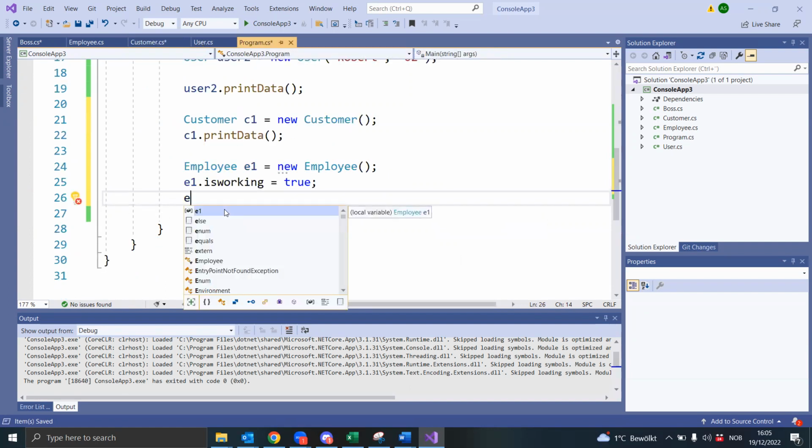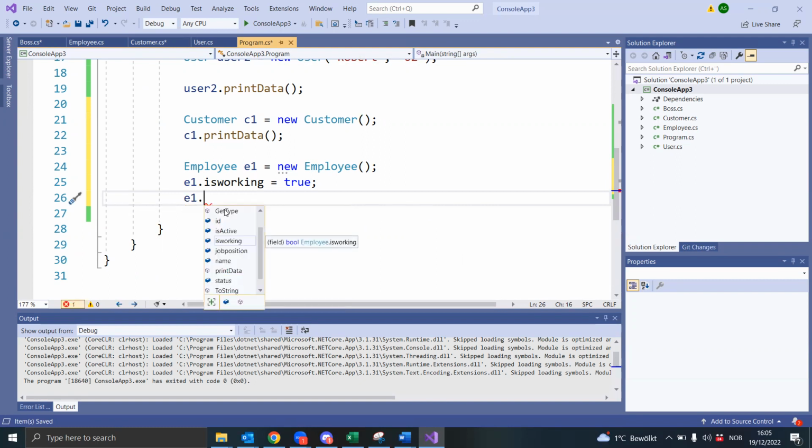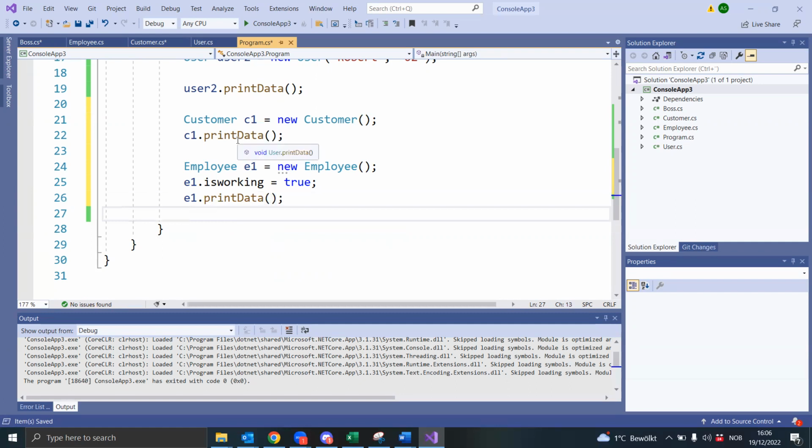They have a method which is print data. And I can always use my print data, which is here. Print data. Something like this. And I can always use it like this. And I can see, okay, but